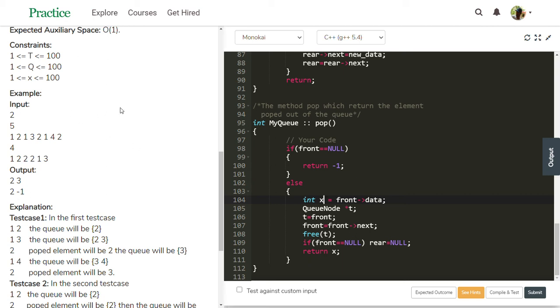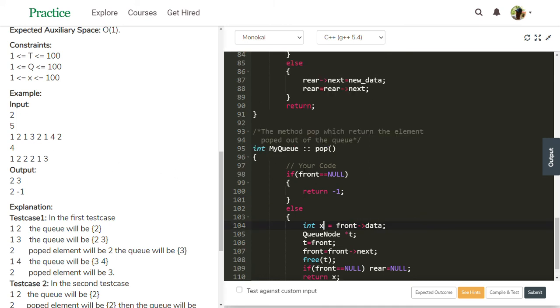Front is moved to the next. Free the t. The node t points to is freed. Then after moving the front, there are two possibilities. Front is not null, or front is null. If the front is null, rear also needs to become null. Then return x, the popped element.